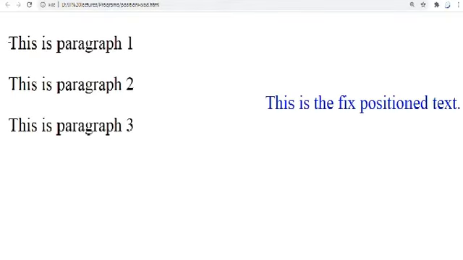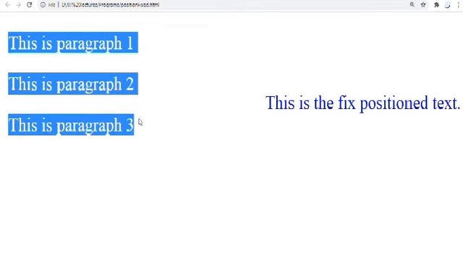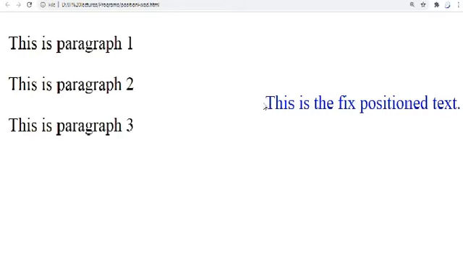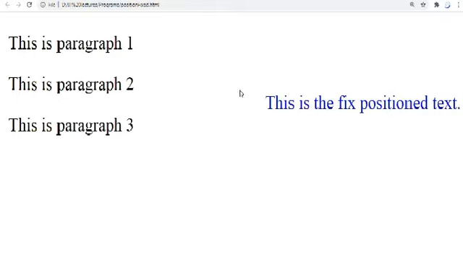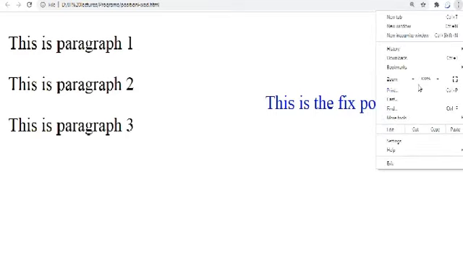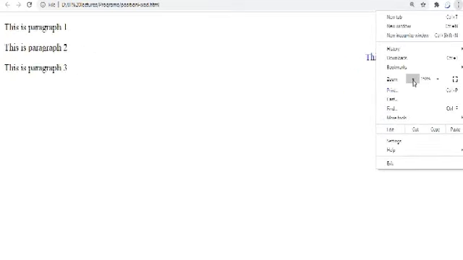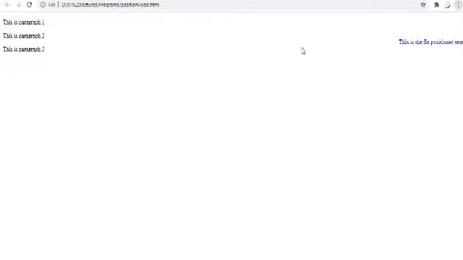See, these three paragraphs can be seen normally, and this is the fixed position one. That's why it is at the right edge corner of your screen. It is 50 pixels from the top and right of your screen.